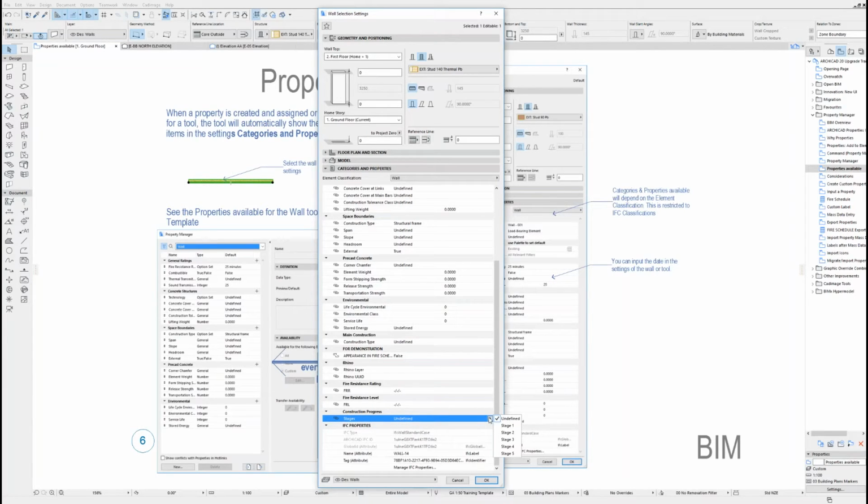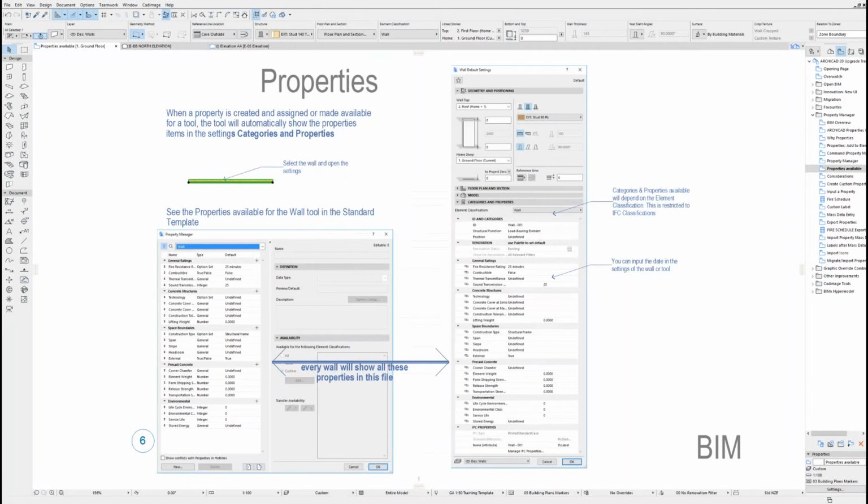So if I wanted to assign a stage to the wall, I could easily go to the settings and say, okay, this wall belongs to stage number 2, and then when you go to the schedule,